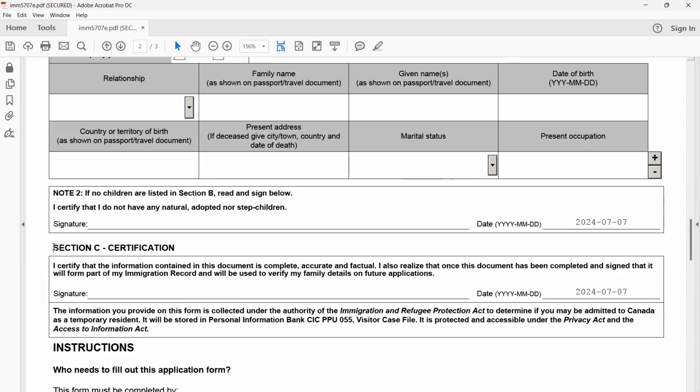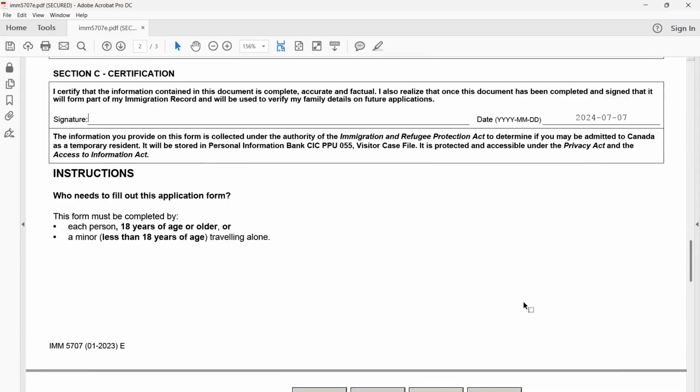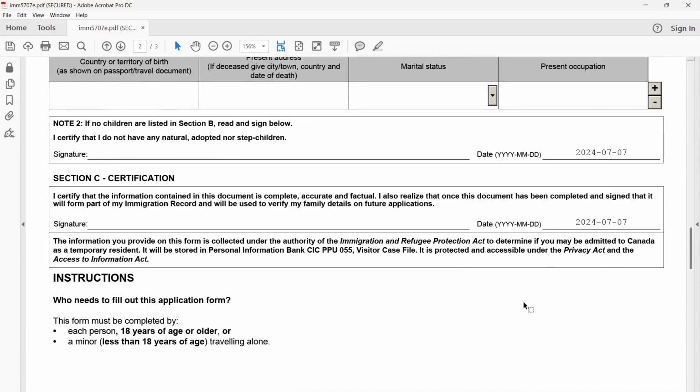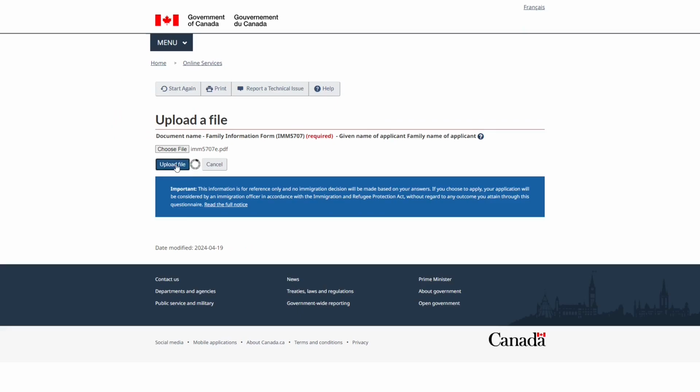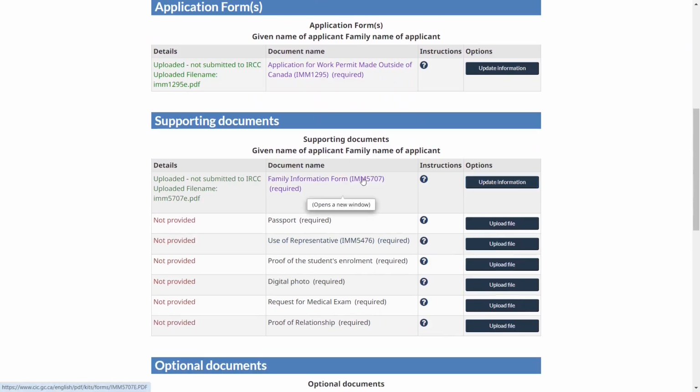Next, section C is the certification section. Here, you certify that the information provided is complete, accurate and factual. Sign and date the form in the sections provided. You need to take a printout of this page and provide your signatures on this page, and then you need to scan, then upload to the online portal. Once you upload this family information on the online application,